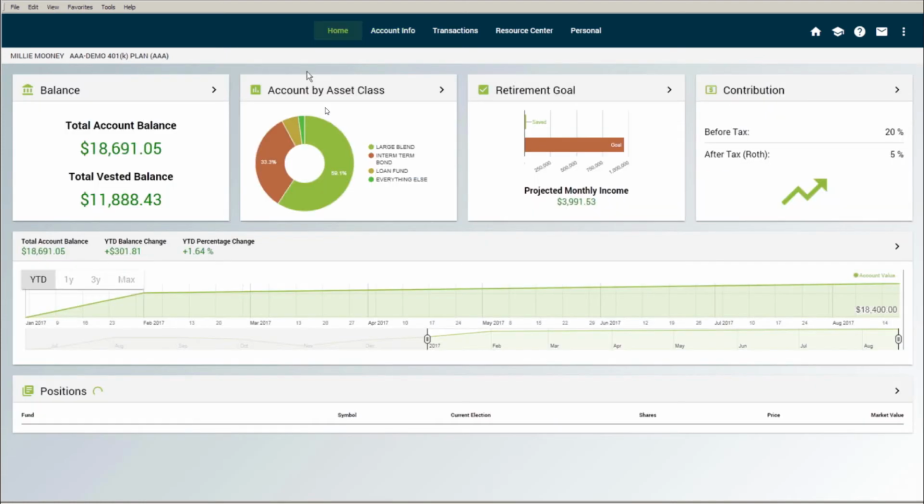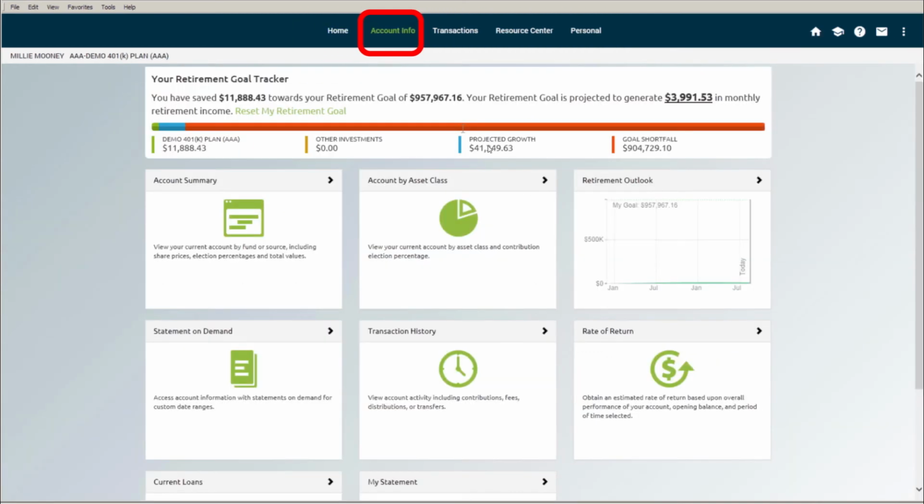The Home Dashboard view is only the start of the information available to you. By selecting items from the top menu, you can view and work with even more details on your account financials, including a summary, transaction history, and outstanding loans,